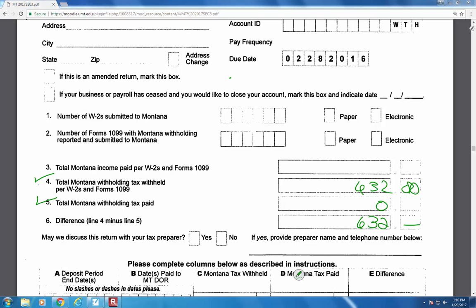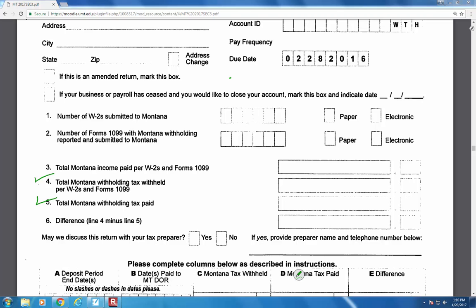But if you're a good-sized organization, then you will have deposited it during the year. This should be 0, right? Because you sent it all in during the year. And then the only other thing to do on the bottom,